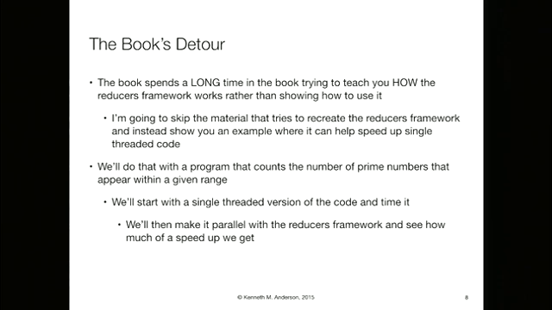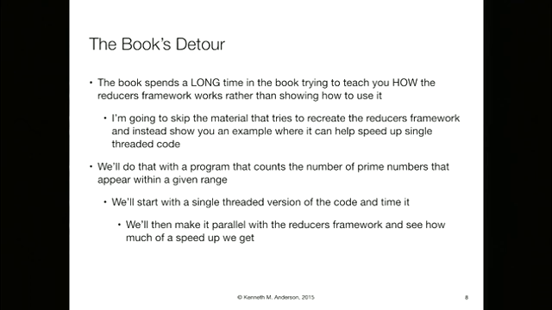All right, and then just to warn you ahead of time, at this point, the book does something which I didn't think was all that useful. It tries to actually implement the reducers framework from scratch. And there's a big, long section on that, and I recommend just skipping that section. Not worth it. It gets too far down into the details for what I'm trying to do, which is to say you can write your code in a single-threaded fashion, drop in some of these functions, and boom, you get concurrency